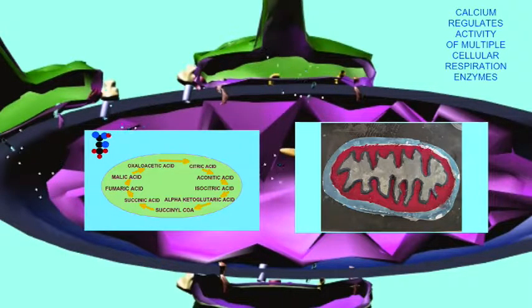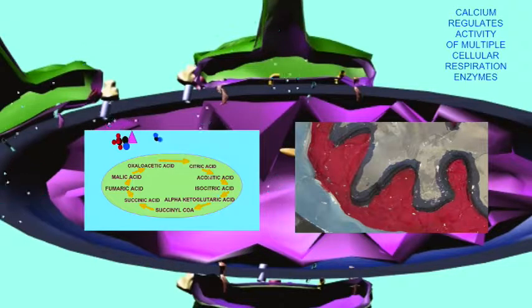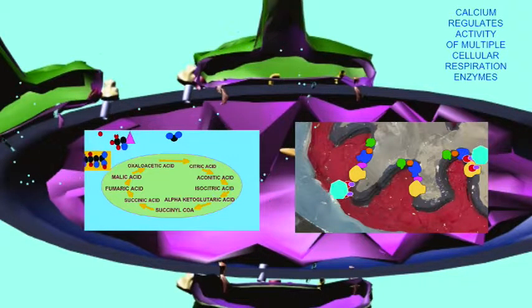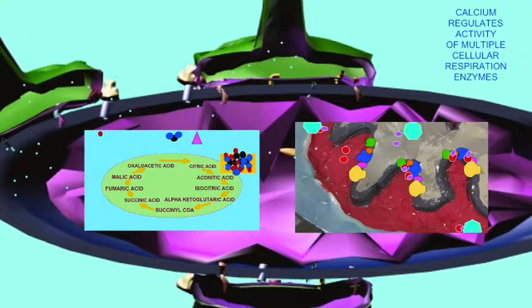Mitochondria are the sites where most of a cell's ATP is generated as foodstuffs are broken down. Not only does the Krebs cycle occur in the mitochondria, where the carbon from foodstuffs is converted to carbon dioxide over a series of steps, but also hydrogen from ingested foodstuffs is transported along proteins of an electron transport system